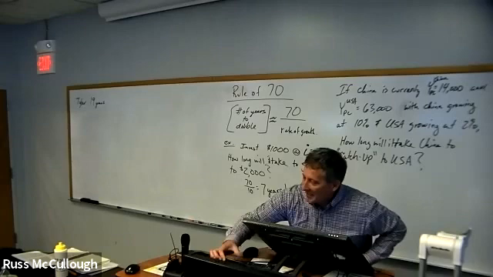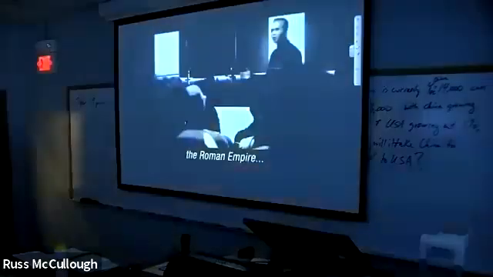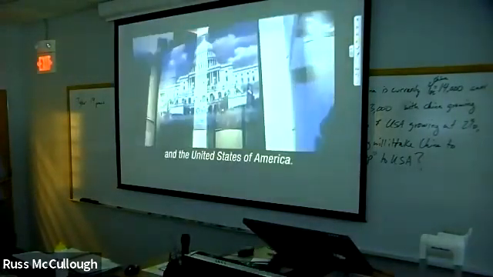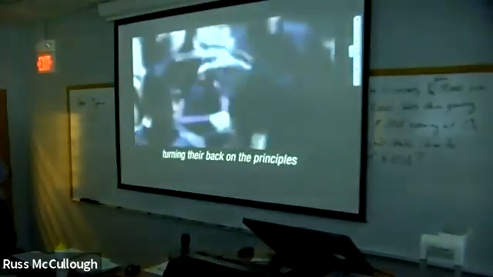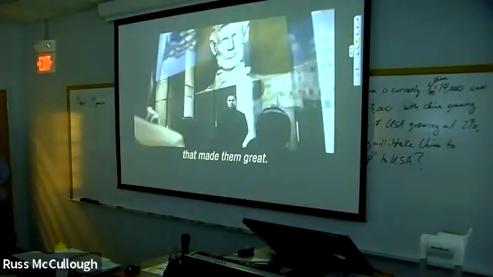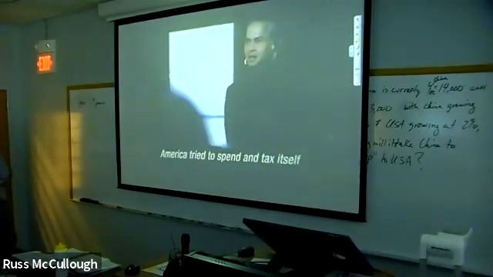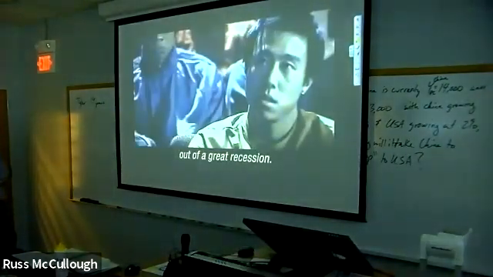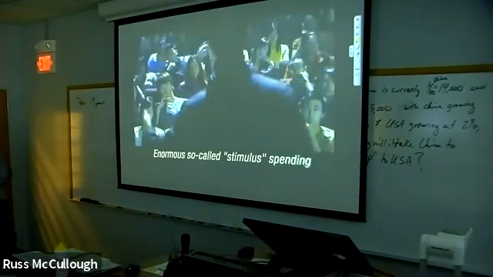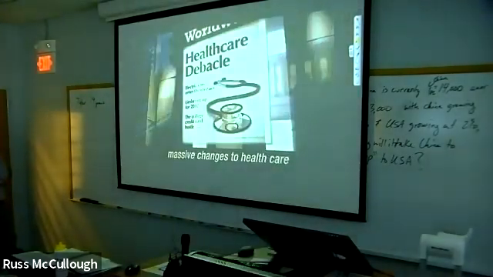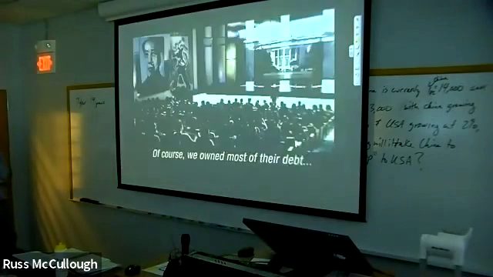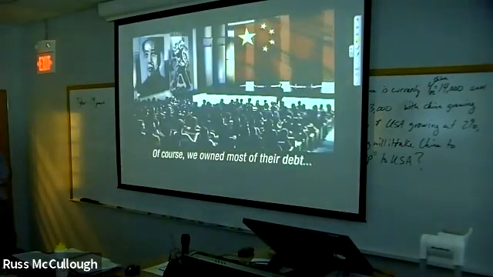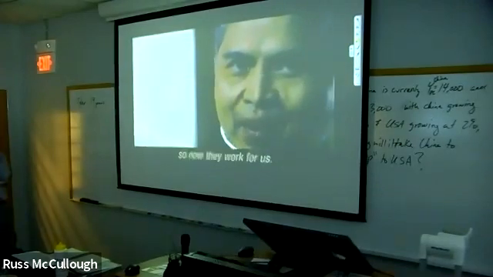为什么强大的国家都会走向灭亡呢？古希腊、罗马、拜占庭、美国，因为他们都犯同样错误，与原来西方成功的原则背道而驰。美国政府企图以庞大的开支和税收来摆脱严重的经济衰退。所谓刺激开支、庞大的医疗改革、政府接管私有企业，债务累累。当然，我们是他们的大债主。现在他们都得给我们干活。